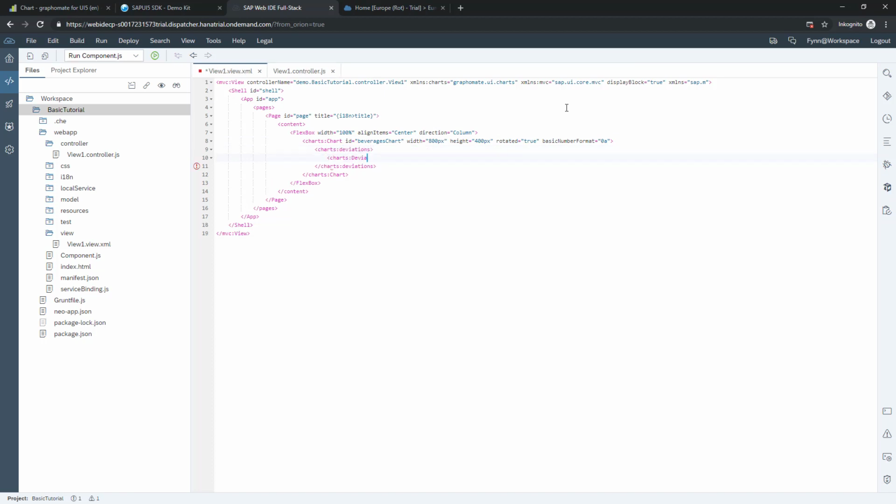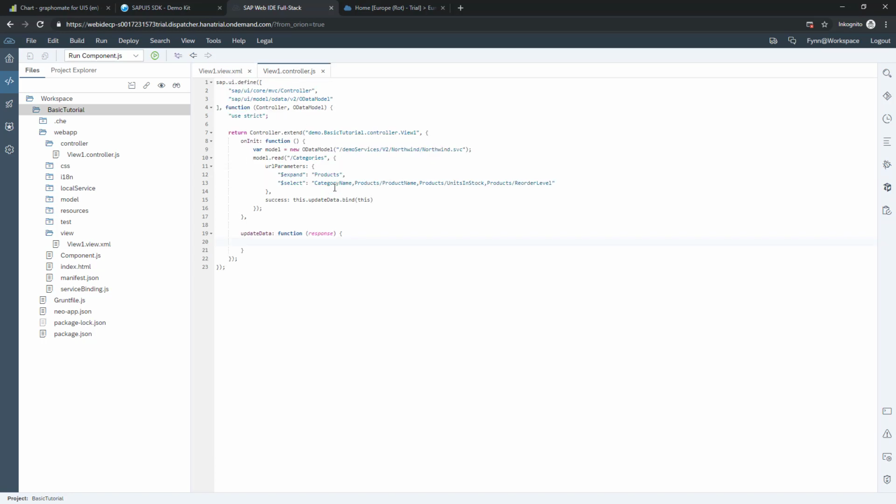Using the aggregation called deviations, we can add a deviation chart. We add an absolute and a percentage one. Now you could bind data to your chart in the view, but we will add it manually in the controller to show how to work with a model structure that can't be bound directly to the chart. We use the same data we visualized in the tables example and extract all products of the first product category for simplicity.